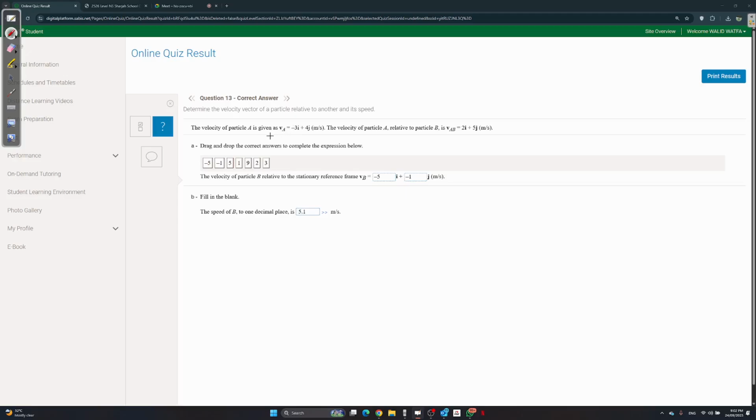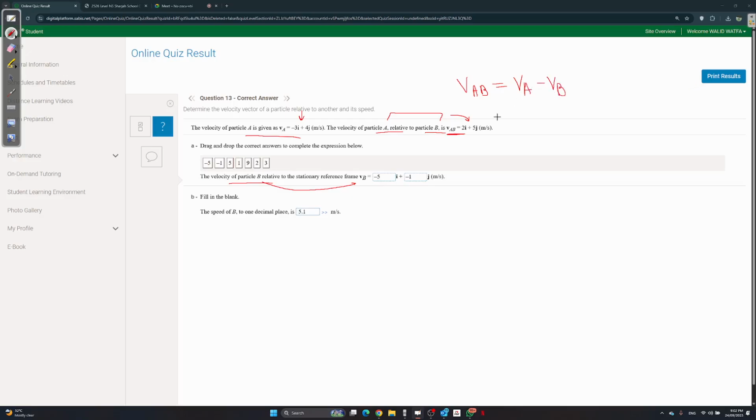The velocity of a particle is given as VA equals minus 3i plus 4j, with the velocity of A relative to B is 2i plus 5j. The velocity of particle B relative to the stationary reference frame, VB, is equal to what? Type VAB. What does VAB mean? Do we have here A relative to ground, something relative? Nothing. Okay, we just have two things related to each other. Okay, what's VAB? VA